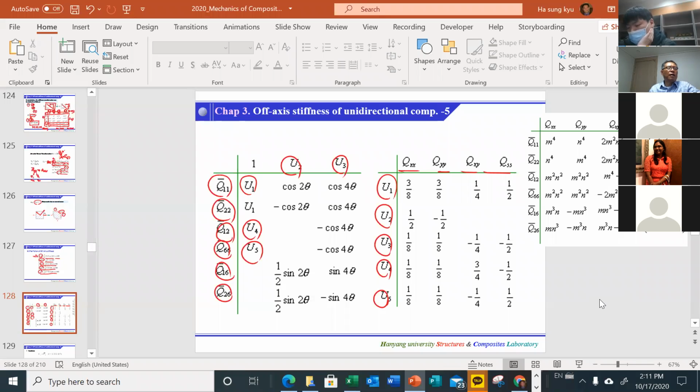But this one is a little bit convenient computationally. The reason is that first we define U1, 2, 3, 4, 5 using these terms, and once we have this, we put it here, and then here we calculate using the sine and cosine, and that is exactly the same result as that one, but computationally this gives us a better result